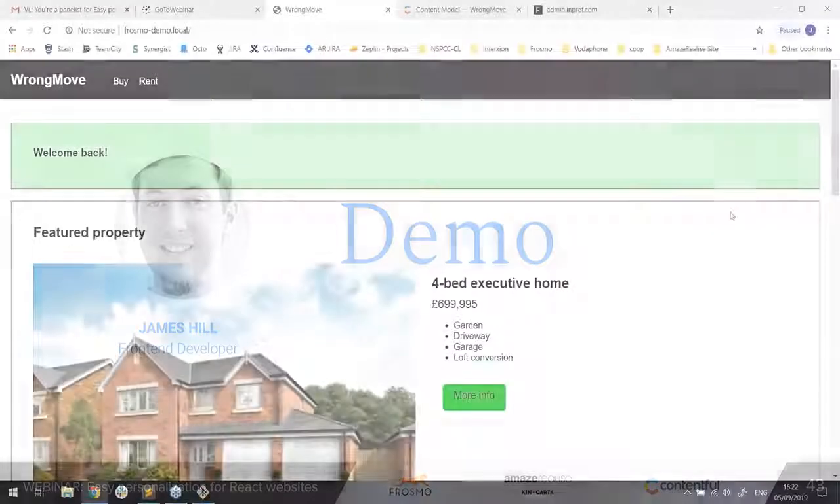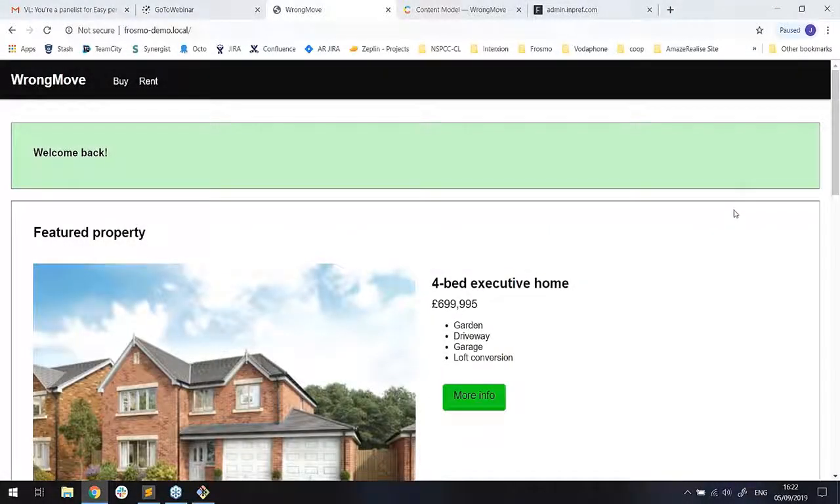Just a brief overview of what I'm going to be covering. First of all, I'm going to take you through our simple example application. Then I'm going to be looking at the Contentful setup, including the content model. Thirdly, I'm going to look at the personalization setup in the Frosmo admin UI. And then finally, I'm going to get into the code and take you through the implementation of the Frosmo placement